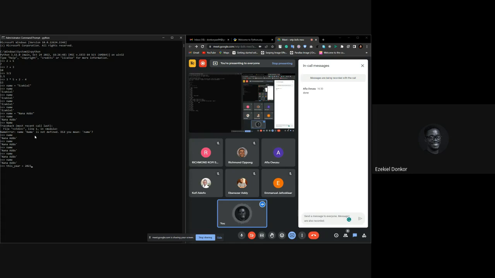So that's 2023, right? Now note that when I was typing the 2023, I didn't put any quotes around it, right? And we will explain that when we start exploring data types. Right now, we're just giving our PC a set of instructions to see if it's going to return what we expect it to return. Note that every time I wrote a number, I didn't put quotes around it. But every time I was writing something that was supposed to appear as a text, I put quotes around it. That is because your PC understands this in different ways. And we'll talk about that. But for now, let's build a simple program that allows us to calculate our age based on when we were born, right?